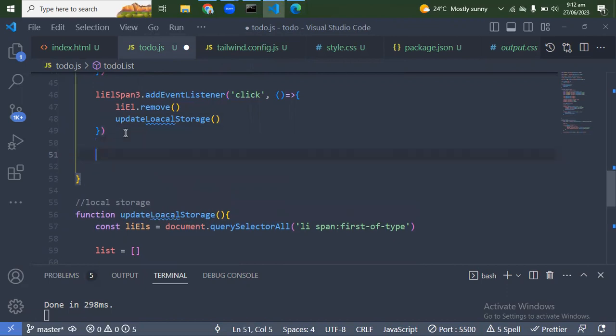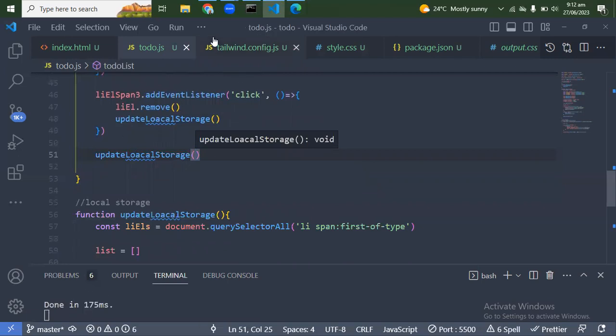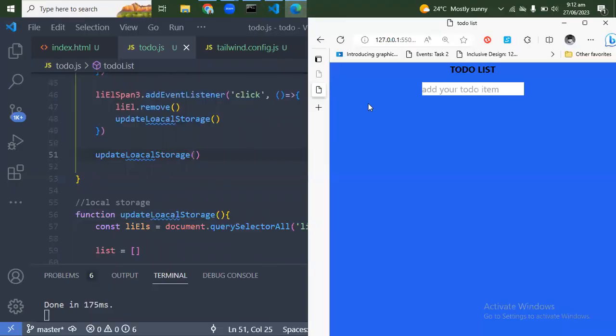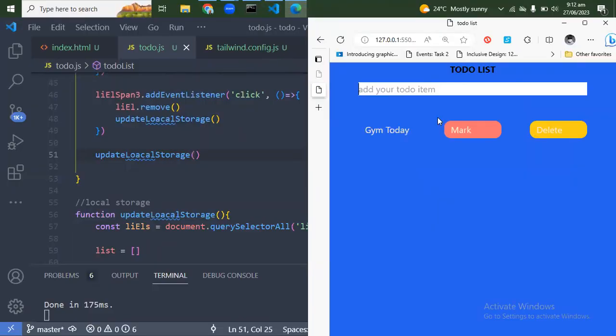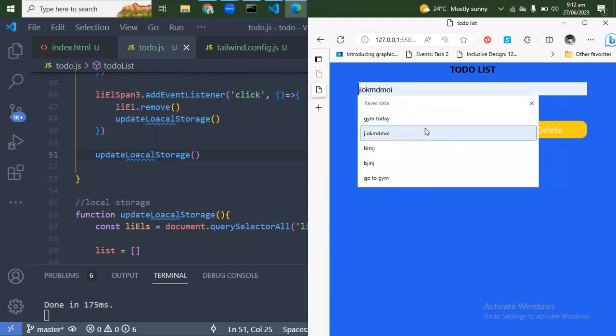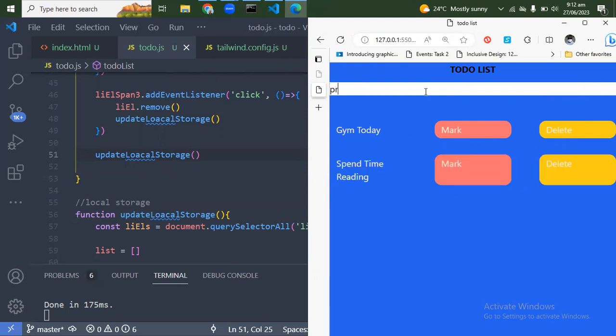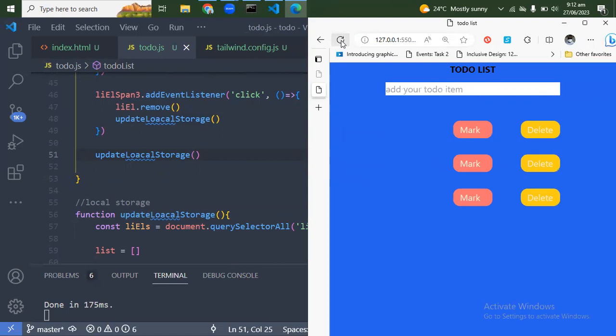I still need to call it here, update storage. So let's go back and see how this really plays out. If I add something here, say spend time reading, practice JS, okay, and I refresh my page, I can actually see that this thing is not